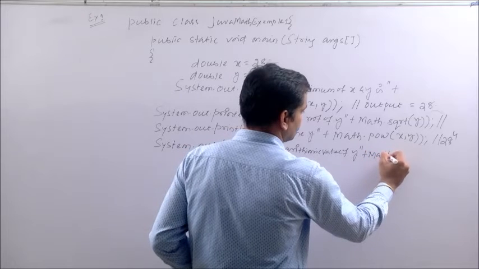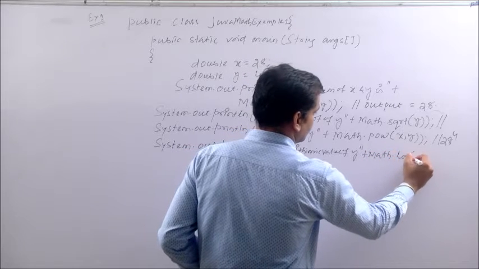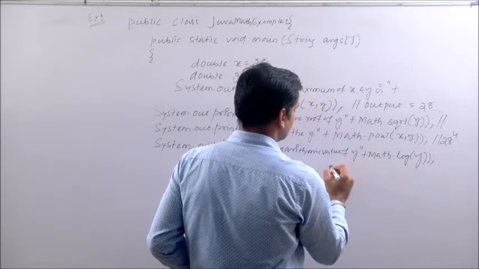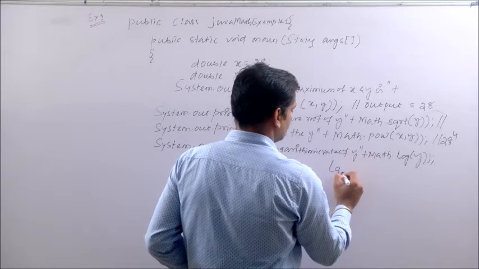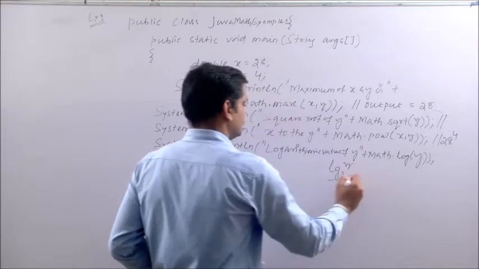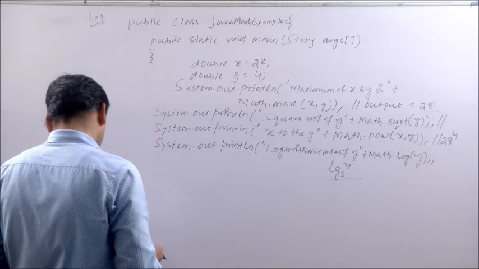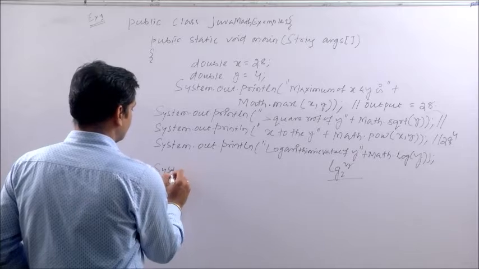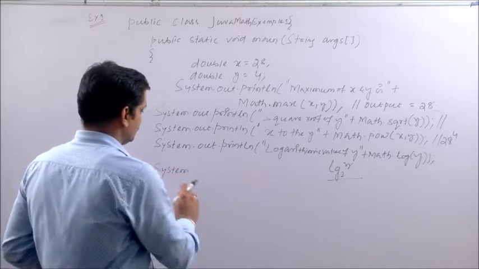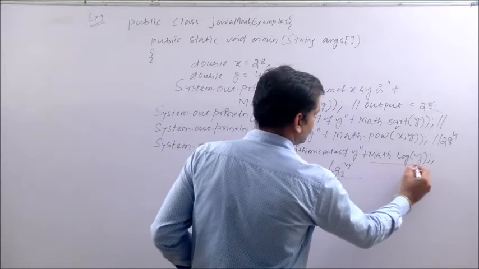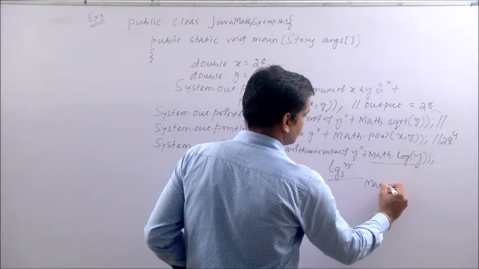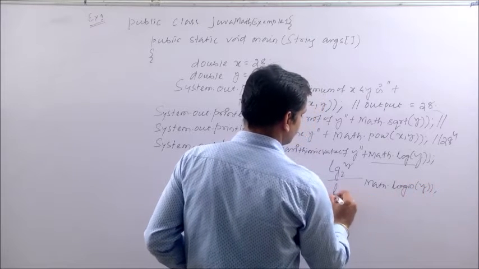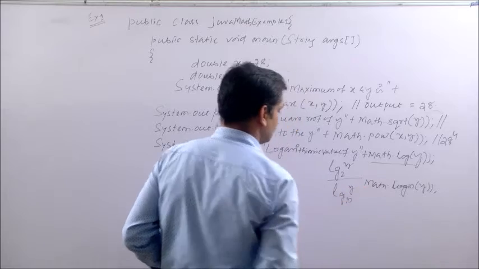We can call the method like this, log y, and this is going to return you log base 2 y. This will be the output. And next, log 10. If we use log 10, then it may be like this. In place of this, you can write Math.log10(y). So it is going to give you the base 10 logarithm of the value y. Okay.